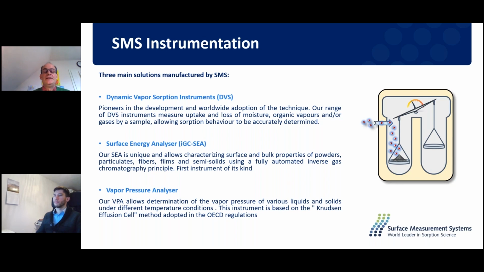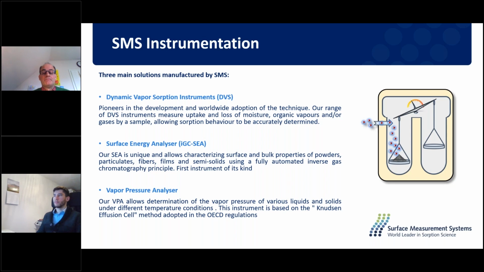Just to give an example, we have a surface energy analyzer. That's more to characterize surfaces and to measure surface energy of solid materials, powders, particles, fibers, but also films and plates. And that's based on gas chromatography, just inverse gas chromatography. You use probe molecules, I would say, to probe and to characterize the surface of